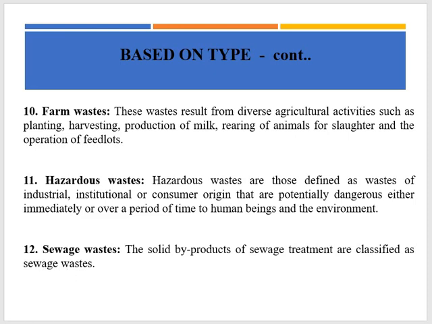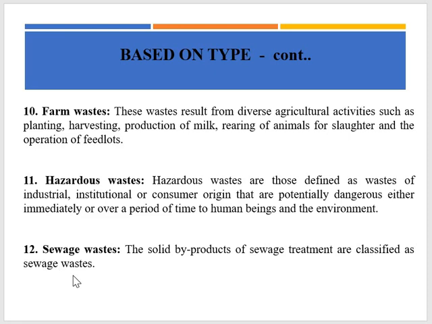And the last one is sewage waste. So the solid byproducts of sewage treatment are called sewage waste. We know what sewage treatment is. It is a process of removing contaminants from municipal wastewater containing mainly household sewage plus some industrial wastewater. So physical, chemical, and biological processes are used to remove the contaminants and produce treated wastewater, or this treated effluent, that is safe enough to release into the environment.